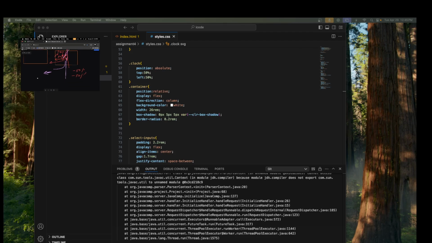Let's see this. So this is my container, right? So when I do top 50% and left 50%, right? So if this is total, say, 400 pixels, and then if this is in total, so then from it's going to be